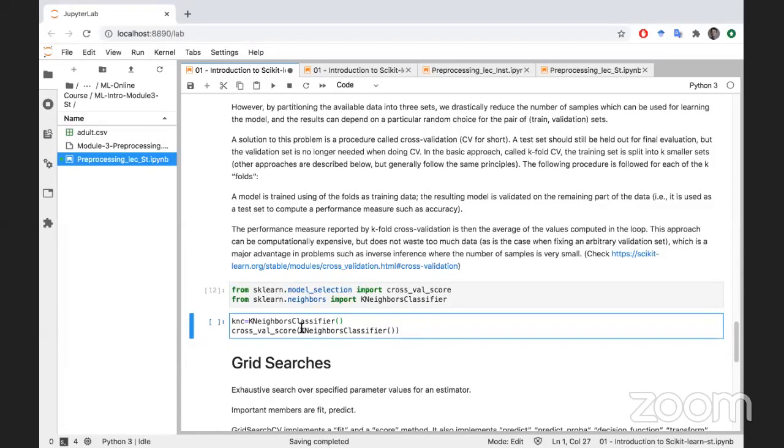Again, and inside this, you can say KNC. KNC is the instance of K-neighbors classifier. You can do it this way or this way, both ways will work. K-neighbors classifier, and then I already have my X train and the Y train. So what I'm going to do is split my X train data set into folds,